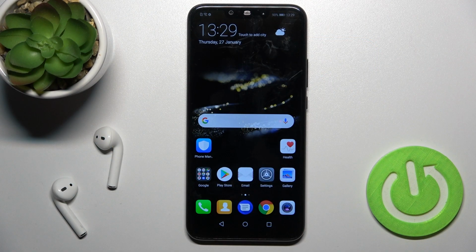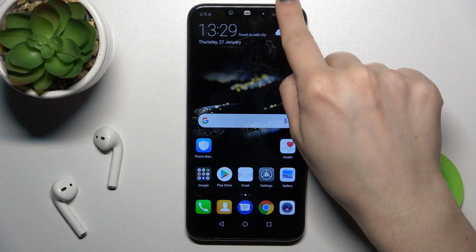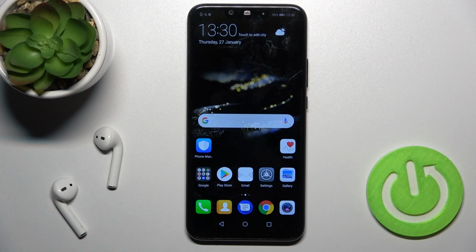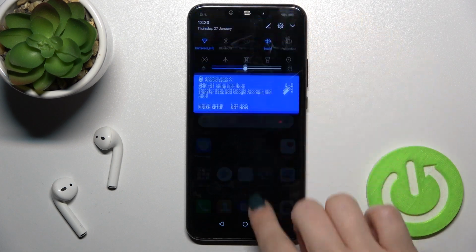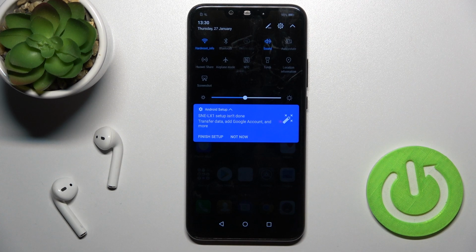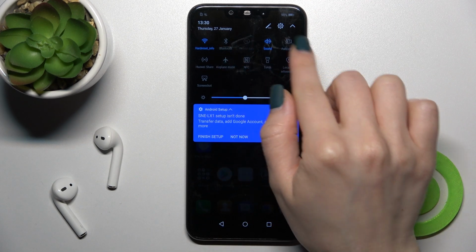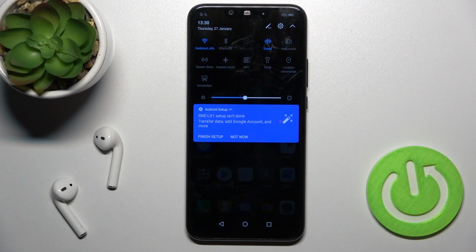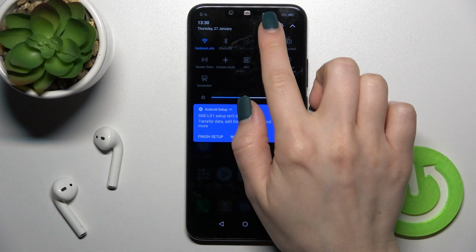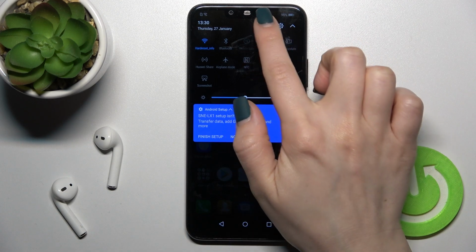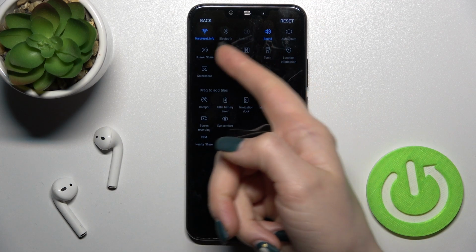Welcome. Today in front of me is a Huawei Mate 20 Lite, and I'll show you how to edit notification panel shortcuts on this device. So first you should open the notification panel, and here you will see all the available icons on our top bar. So we should just tap here to edit icons,